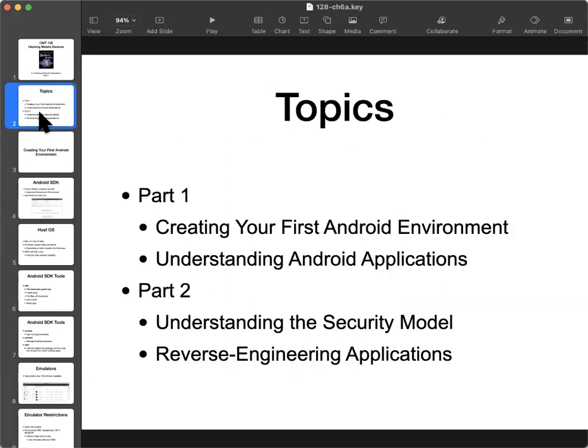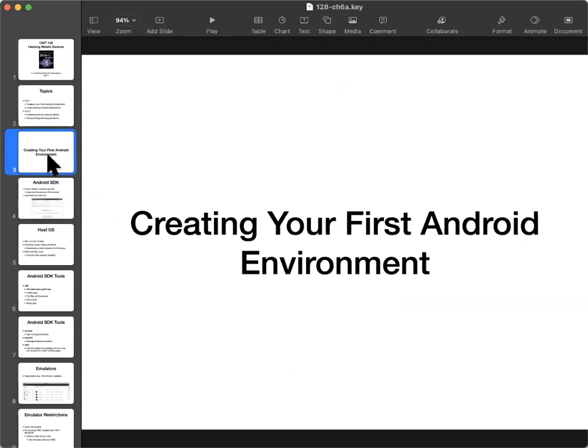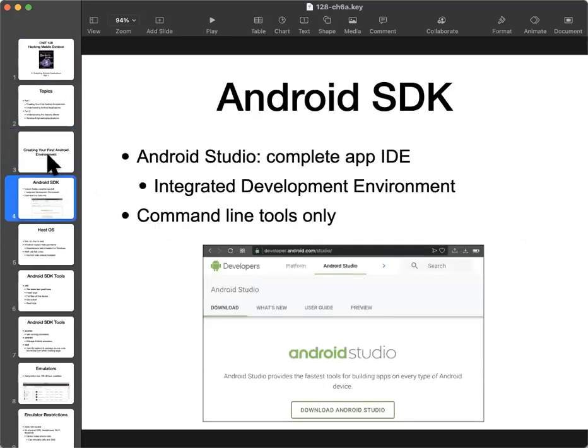All right, so we'll talk about setting up your Android environment. This is part one, and there's more parts coming later. You have to make an Android environment, which we've already talked about. Now you can do it with Android Studio. Android Studio is the equivalent of Microsoft Visual Studio. You can download this big heavy thing, several gigabytes, and then you can build Android applications, and it has a